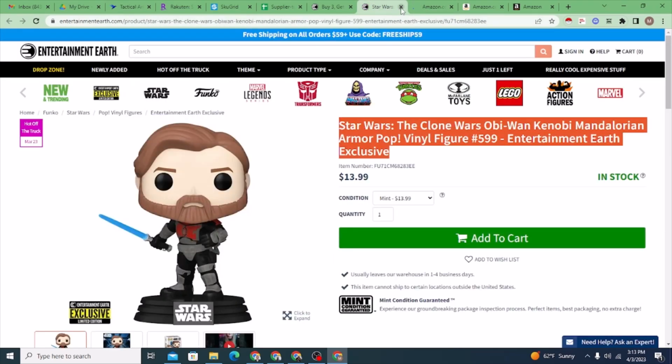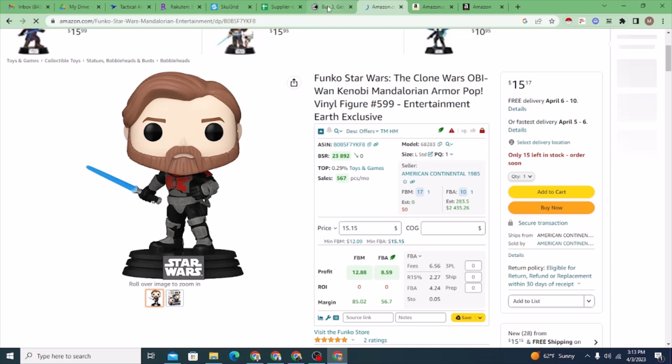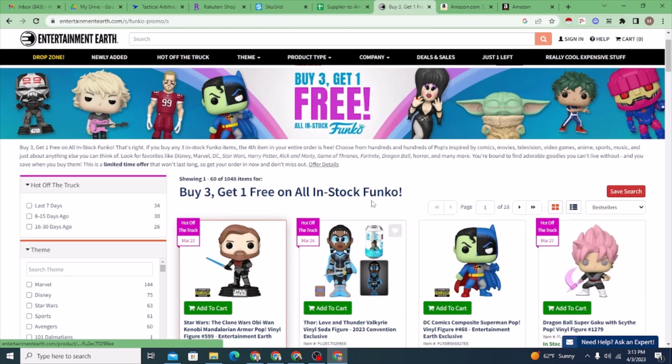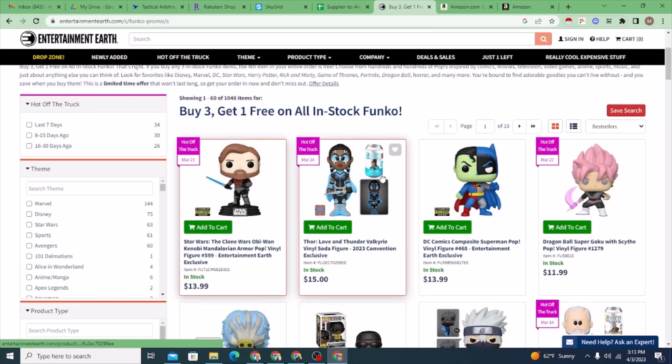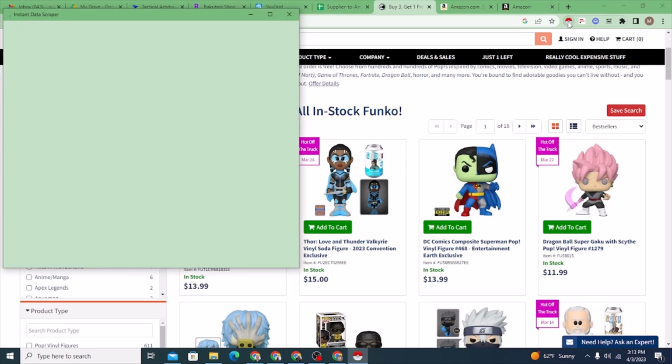Now, of course, doing this over and over again for many different products will take quite a bit of time to do. And so what I do instead, using my Google Sheet, is I first of all, using a free Chrome extension, pull all of this product data, including the titles, off of this page with a free Chrome extension called Instant Data Scraper. I'm going to click on it,